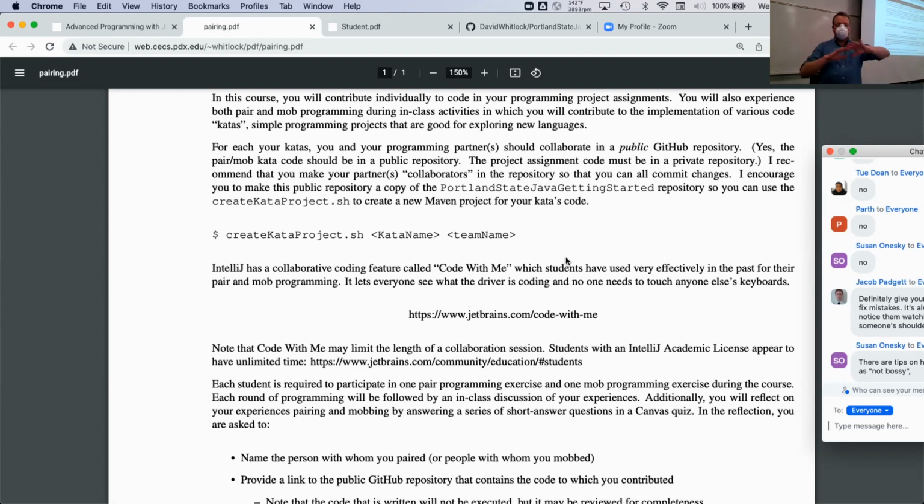This is a repository because it's collaborative. It can be public. Anybody can see it. This is great. But remember that your project code is in a private repository. So please